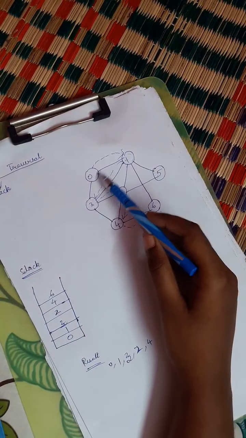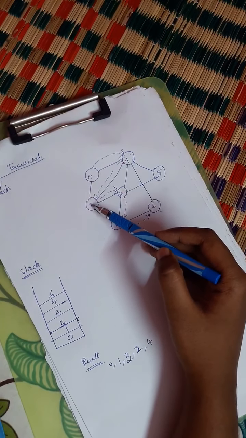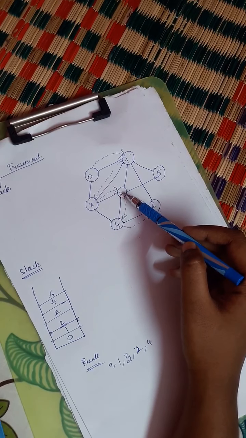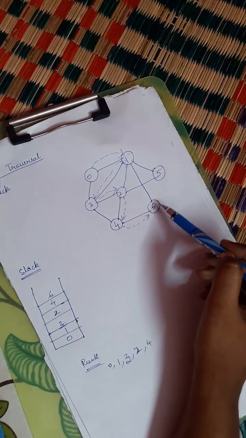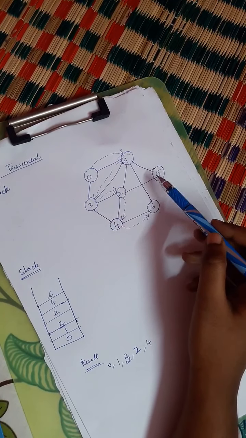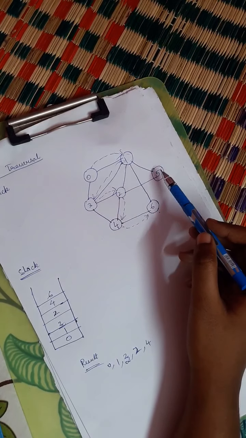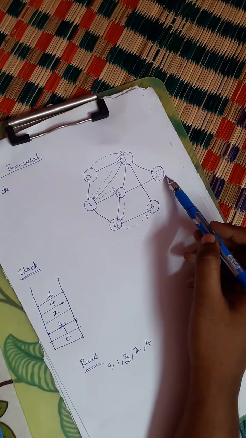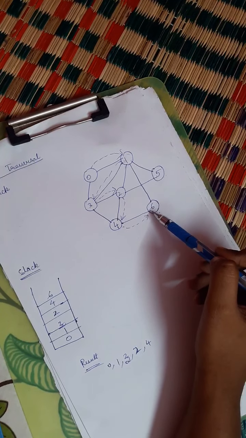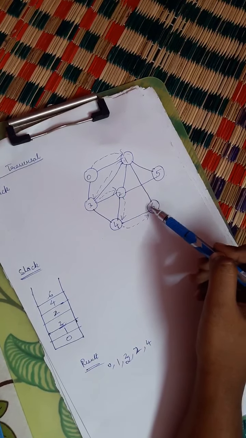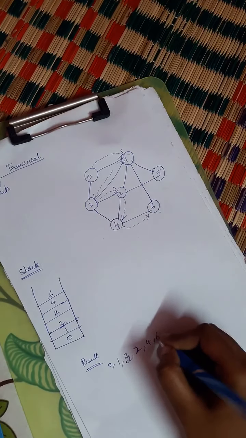First from 0 to 1, then 1 to 3 I went, from 3 to 2 again I went, from 2 to 4 I came, then 4 to 6. This is the order of the traversal, but I have to compare it with the graph and the values. The not visited element is still 5, but there is no adjacent way from 6 to 5. So I need to backtrack this graph.